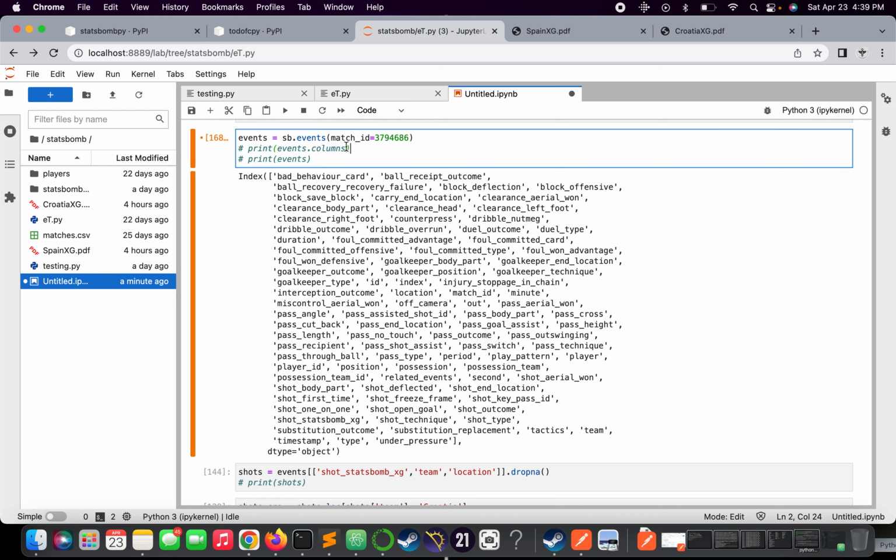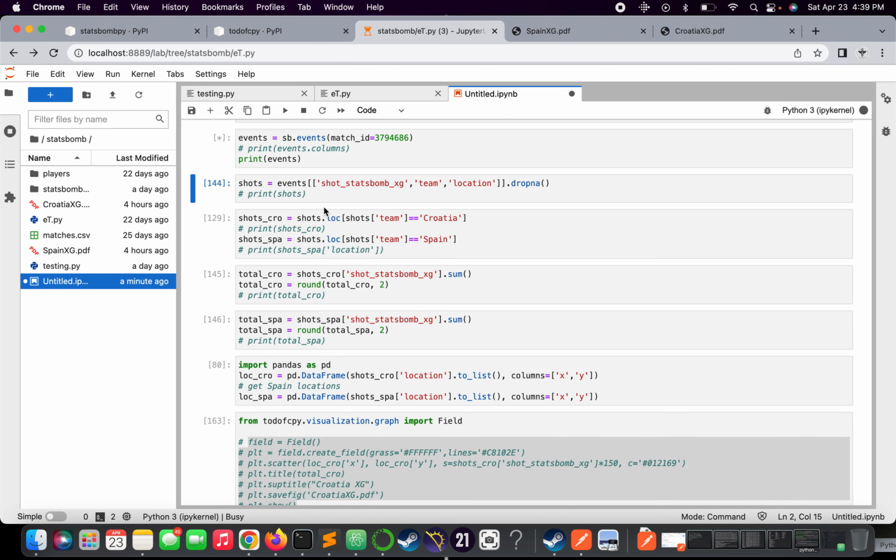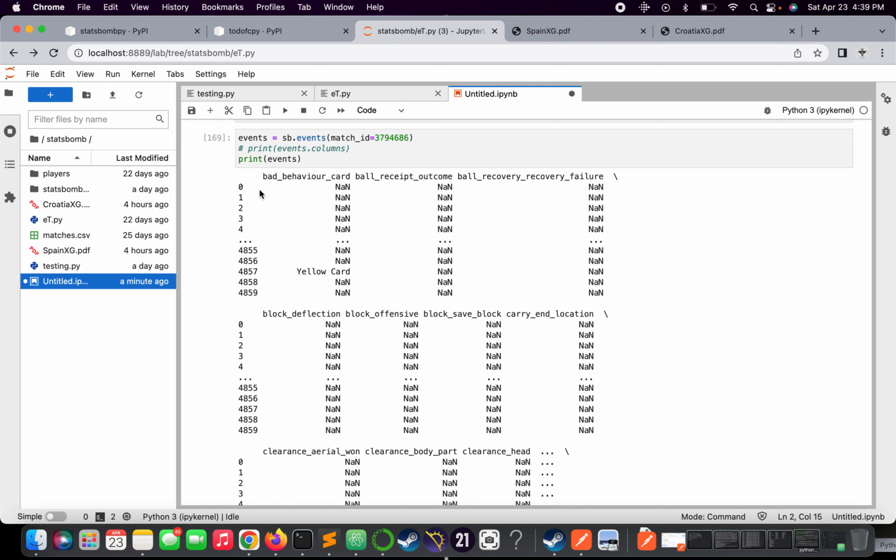I'm going to go ahead and comment that out, and we'll run this, just the events, not the columns, so we can get an idea of what the data frame looks like. All right, so you can see here that we have, what is this, 4,859 events in this game, and you can see that these first few are not a number, so there was no bad behavior. That was not an event. Probably it was the starting 11, so when we come down there, we could probably find that, but you can actually see right here,